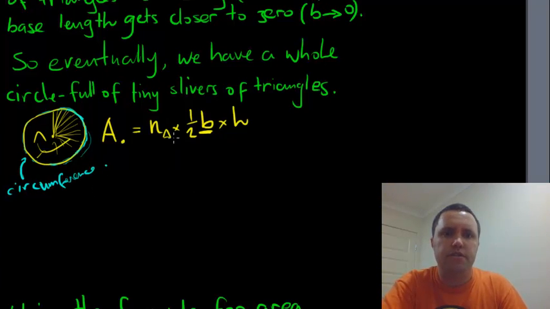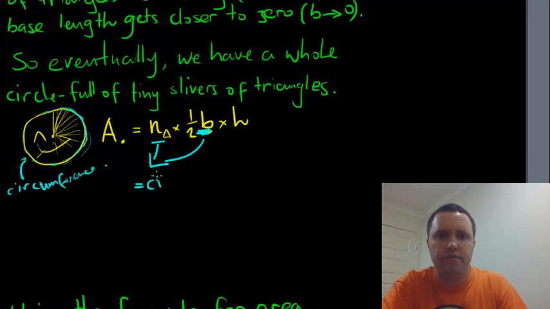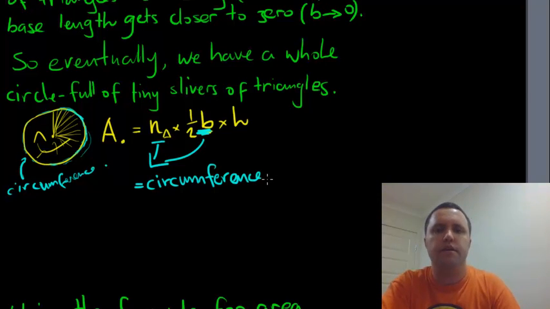Okay, so instead of number of triangles times the base, we can say that becomes the circumference of this circle, times half